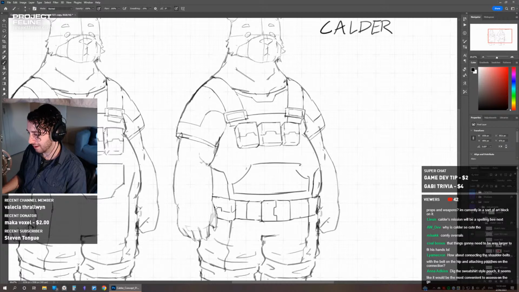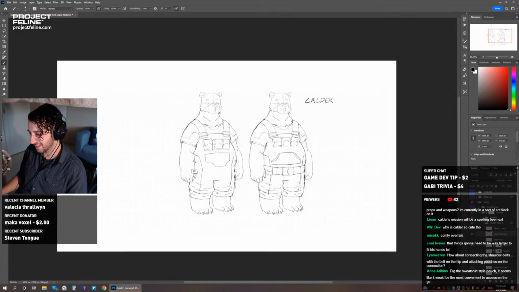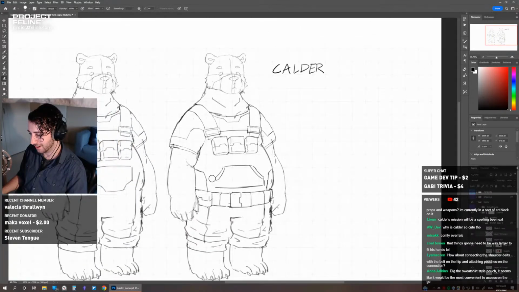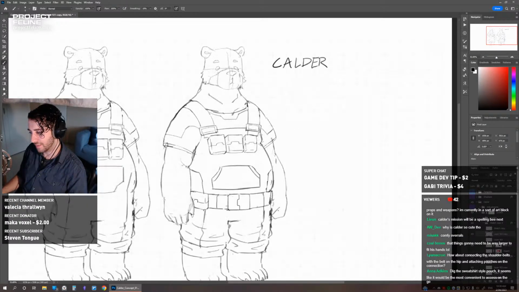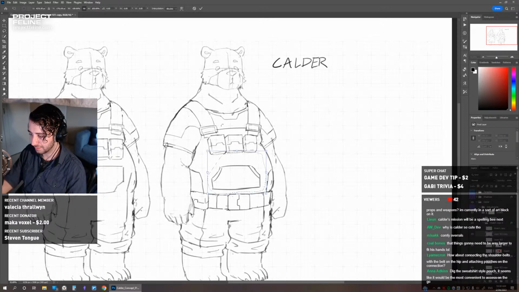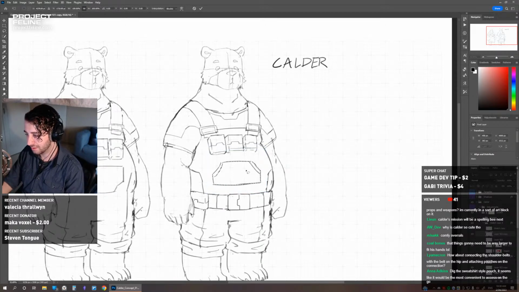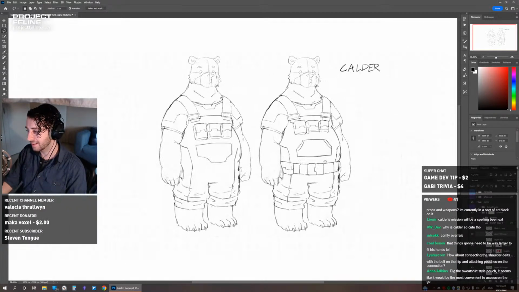Just gotta get the angle right. No, I think it's a little too wide. We'll cut it off like there, and maybe move it up just a bit. It's a little too close to his belt. Needs a bit of space. Yeah, maybe that.